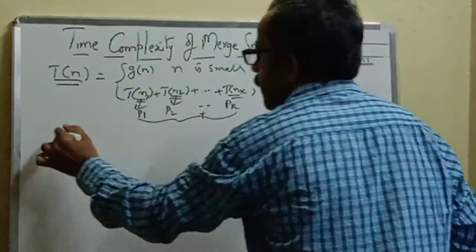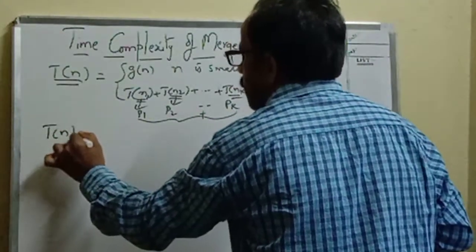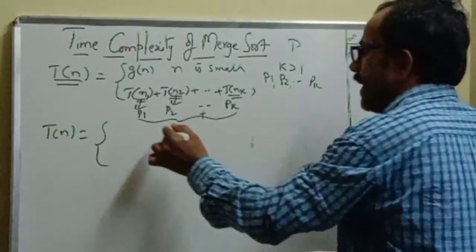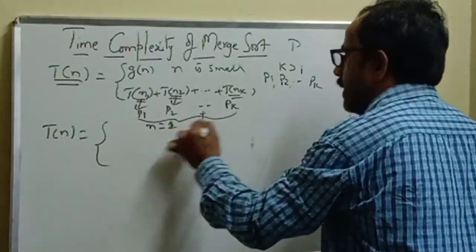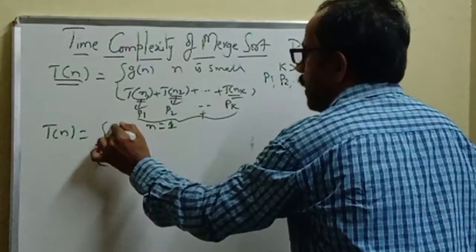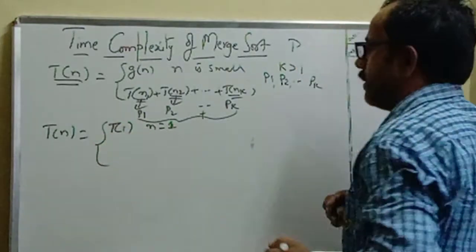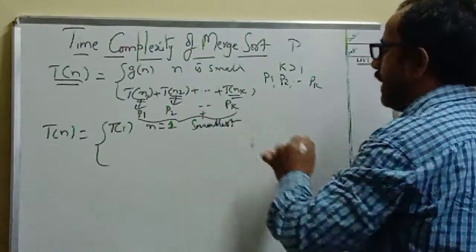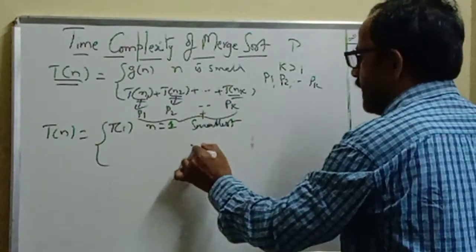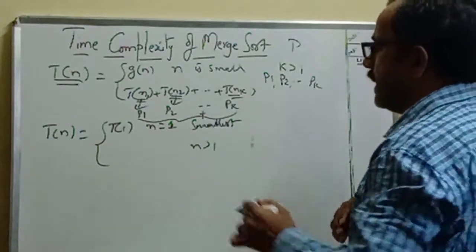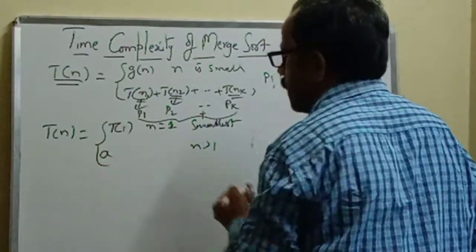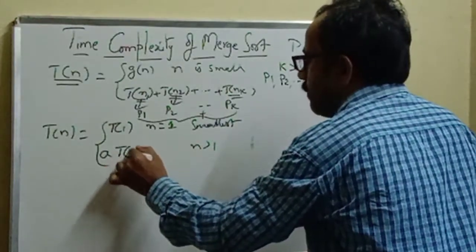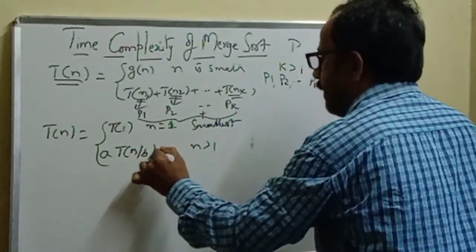We can rewrite this, because every time we are dividing the problem into some sub-problems. Suppose n equals 1, then the total time needed for solving the problem is T of 1, because this is the smallest problem and we cannot divide further. Is it clear now? Suppose n is greater than 1, generally we divide the problem into sub-problems. Assuming that we divide the problem into a number of sub-problems and each sub-problem contains n by b elements, then